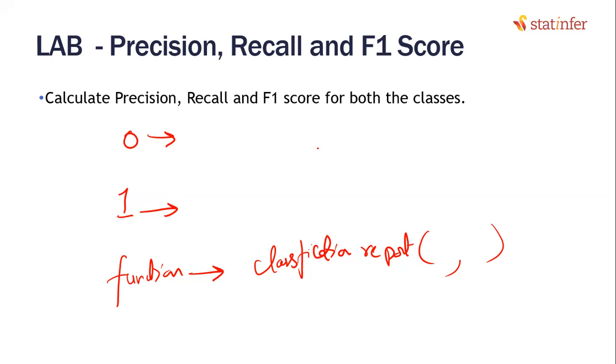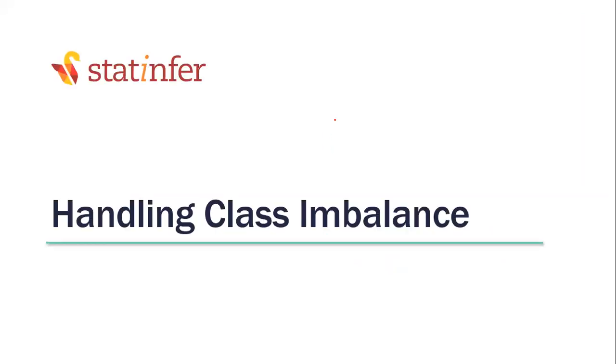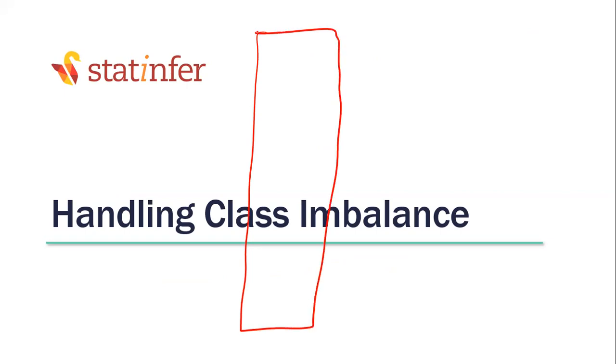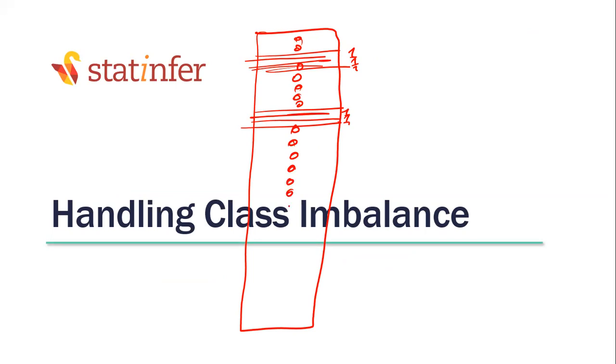Changing the threshold is one way of handling the class imbalance. There is one more way that you can follow, because sometimes you have this data where only 5% or 10% are class 1. These are all ones, and the remaining are all zeros. What to do now? What is the problem if you have this data?